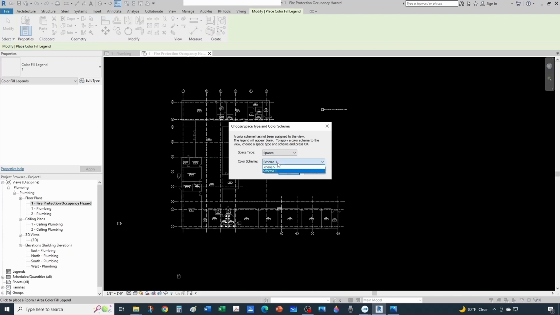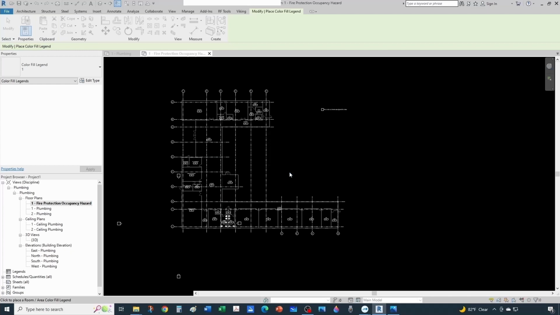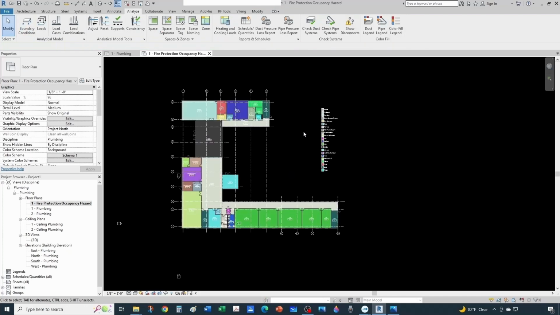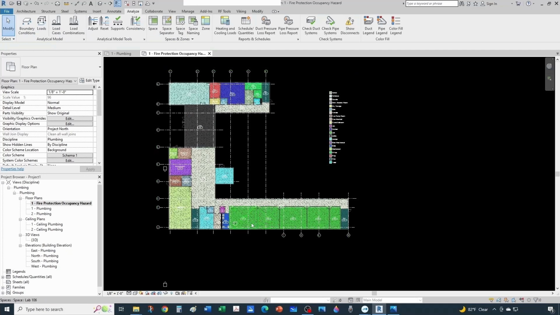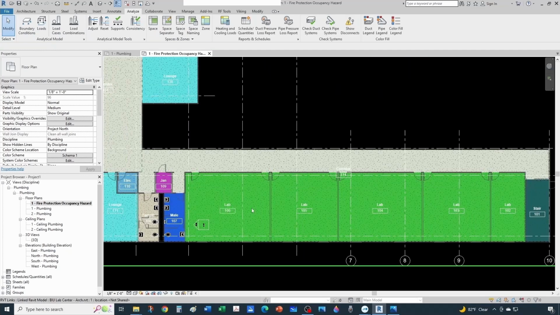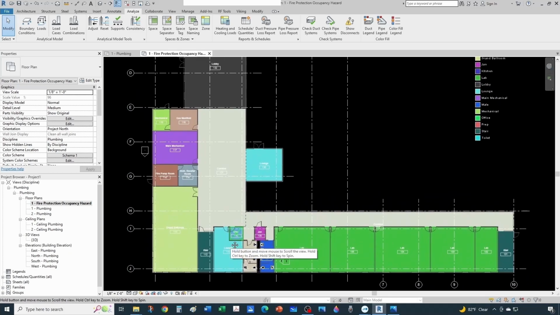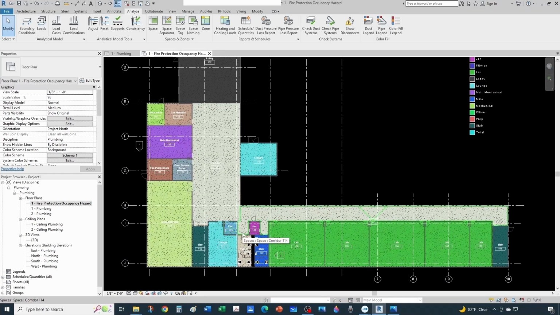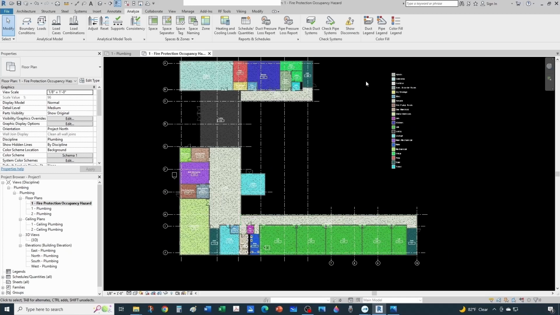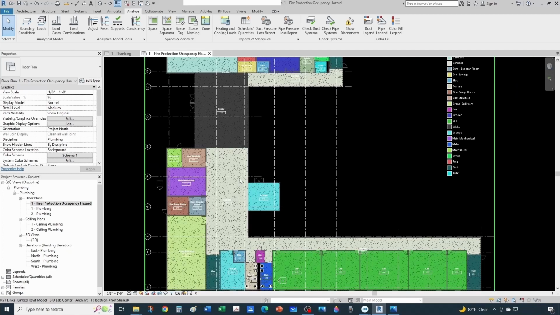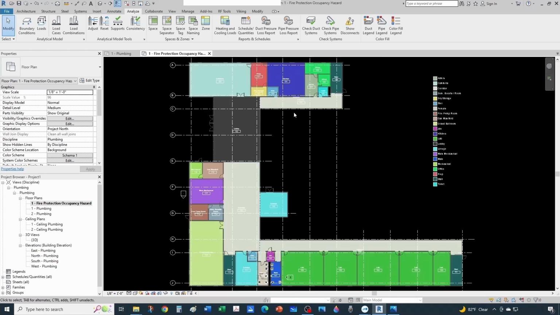And the color scheme is, I only have one by default. I haven't created or edited anything, so I'm going to keep Scheme 1. I'm going to click OK. And notice that it automatically colored, but it colored based on which criteria. Let's see, in the room name. See, so all the labs, it put it in green. Then that doesn't really help me too much, you know. You see the corridors are in this light beige, but that doesn't help